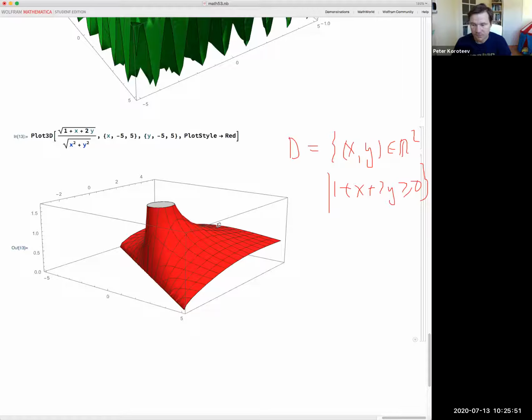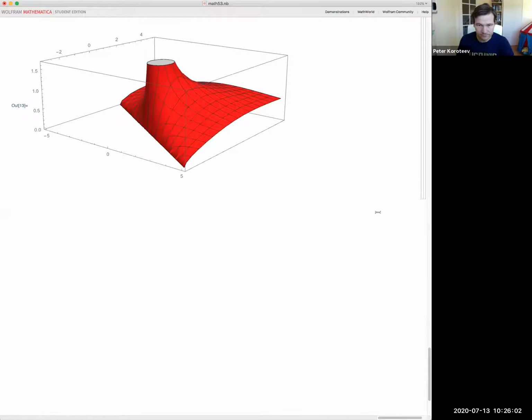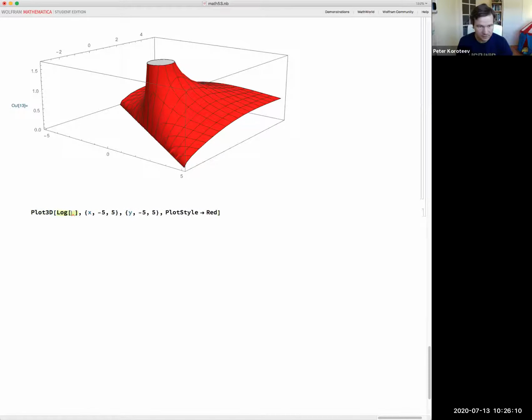Yep, that's right. The range is from 0 to infinity. Okay. And now let's look at a bit log. Let's look at log of